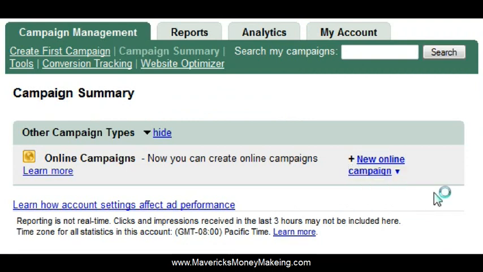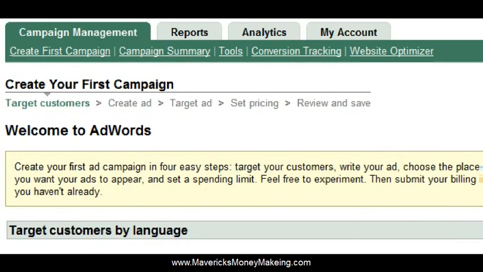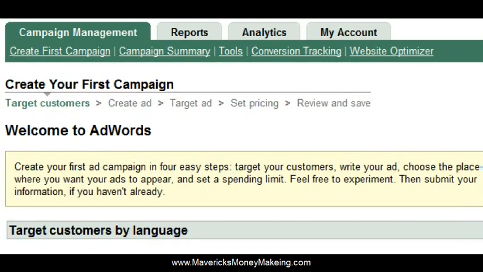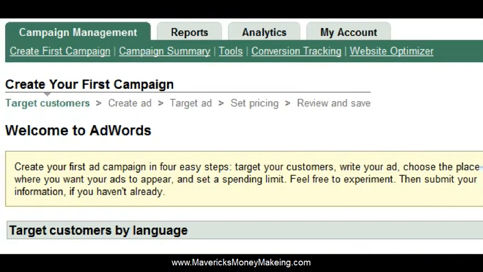I'm going to hit start with placements, and this is the secret, one of my secrets, to marketing effectively on Google AdWords. And this is right here one of the perfect principles of knowing where to promote. You have to know these kind of ninja secrets, and if you don't, you're going to make money online, but you're not going to make